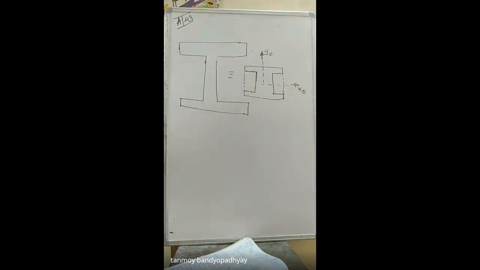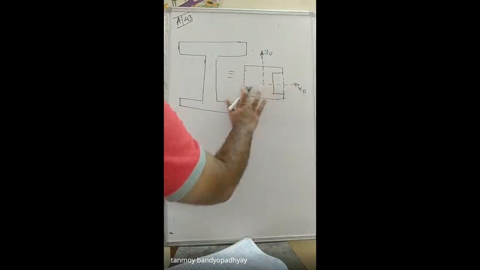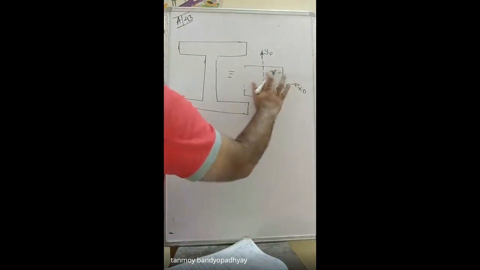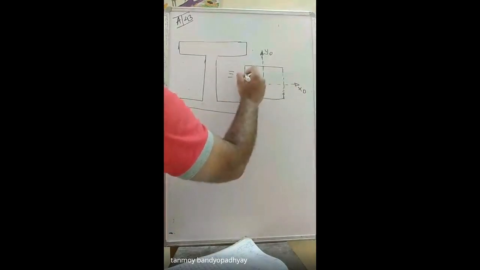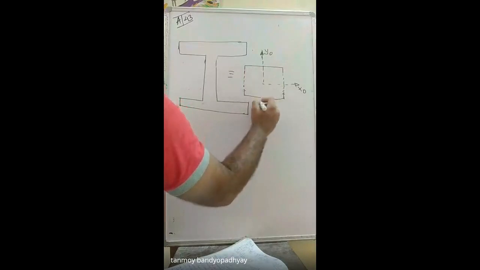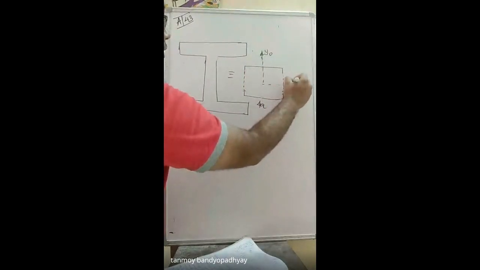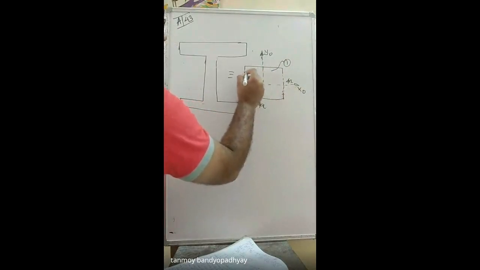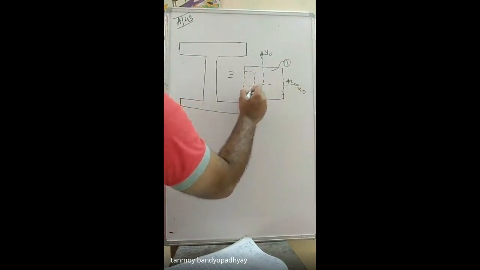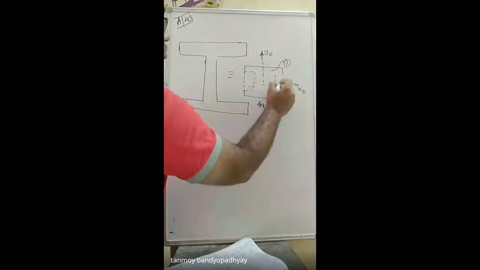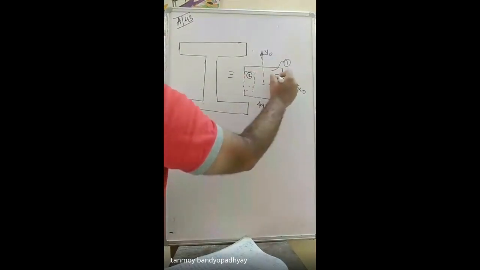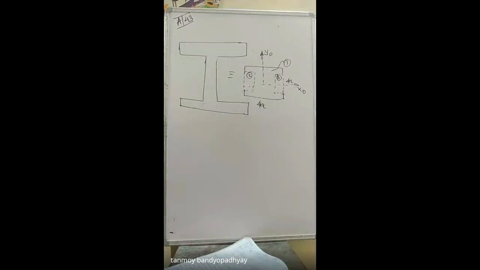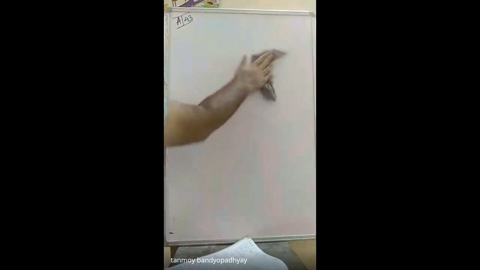So this entire total rectangle, that one I am calling 1 now. This total rectangle was a rectangle of 4a by 4a, so I am calling that one as 1. And I am having two rectangles here, so I am calling them 2 and 3. I am calling this one 2 and this one 3. Understood? Let me draw it a bit bigger, otherwise it can't be explained.